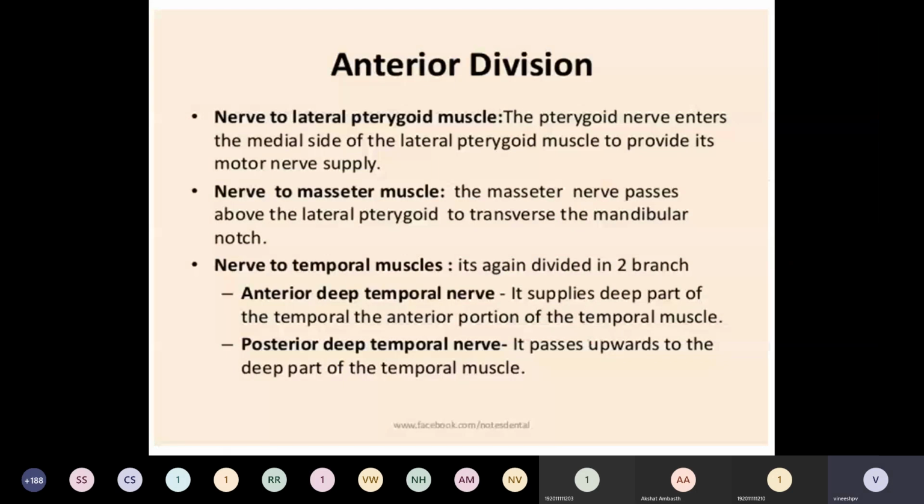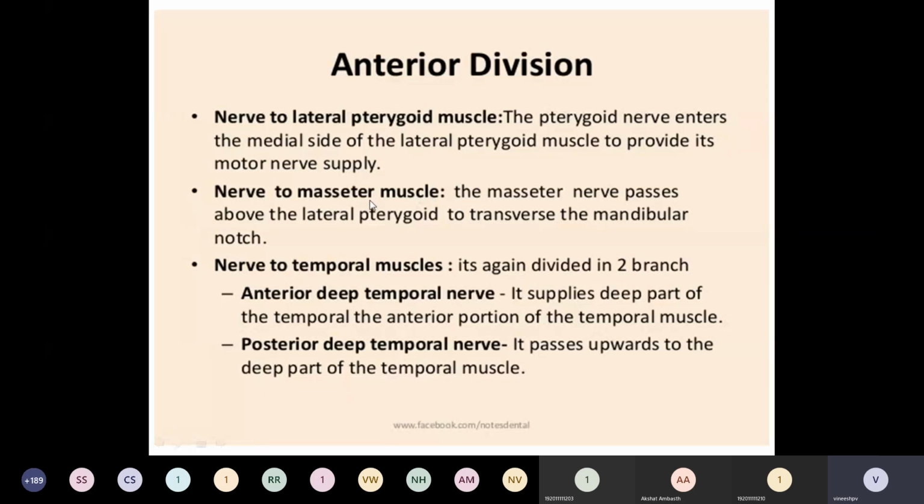Now, the anterior division. It is mainly motor, and it supplies all the muscles of mastication except the medial pterygoid. Medial pterygoid is supplied by the trunk. So, the nerve to lateral pterygoid enters the medial side of the lateral pterygoid muscle. You studied the lateral pterygoid muscle in detail day before yesterday. So it enters the medial side of the lateral pterygoid muscle to provide the motor nerve supply. And the nerve to the masseter